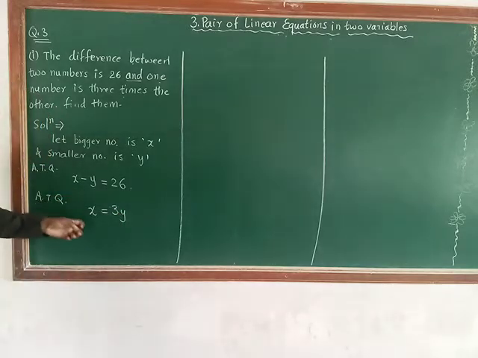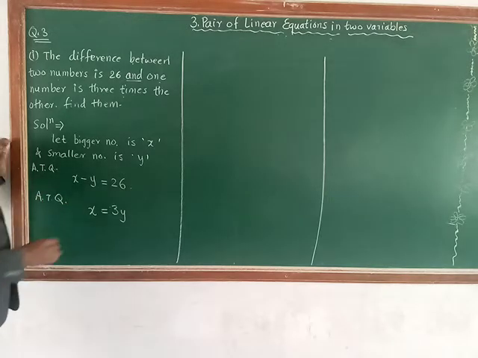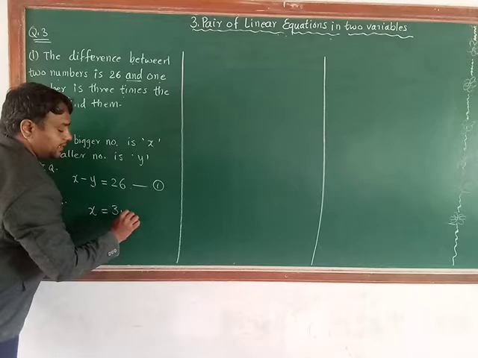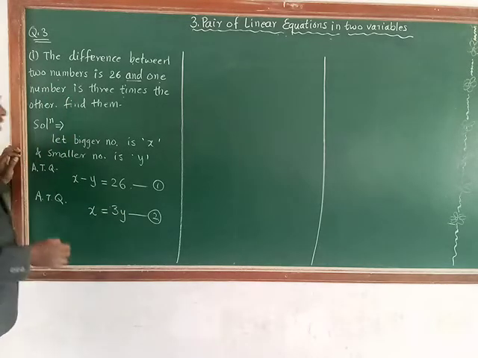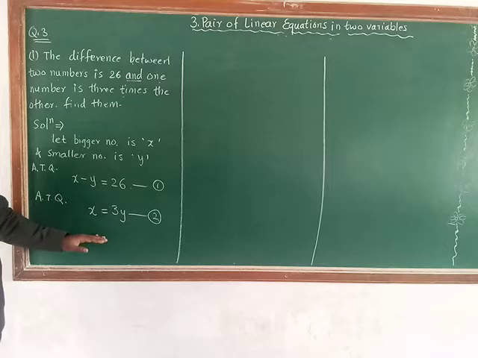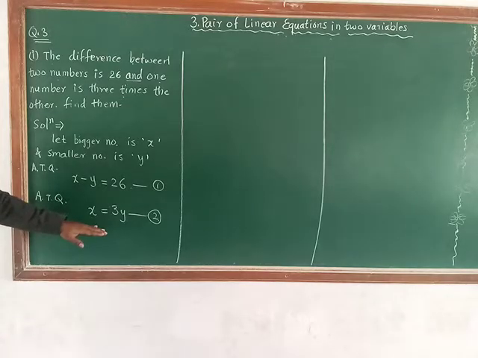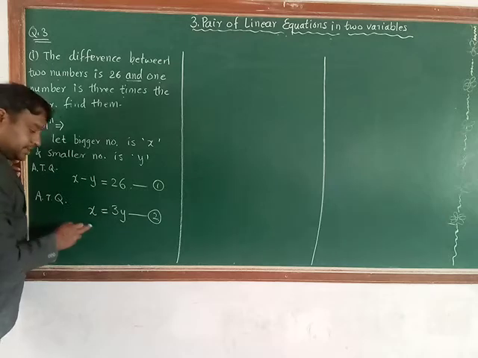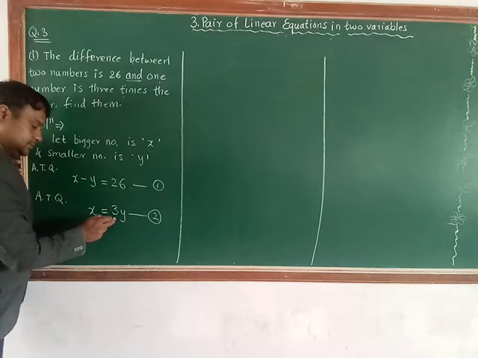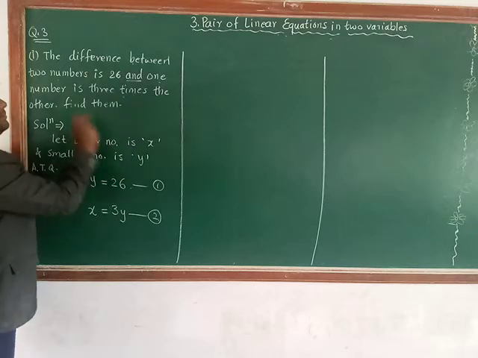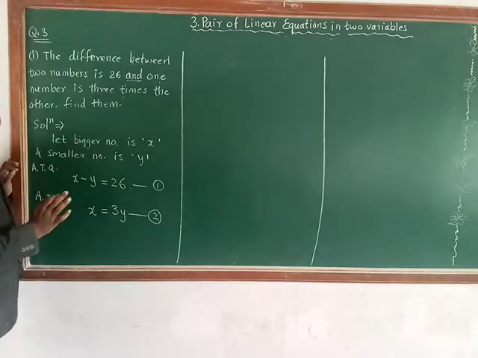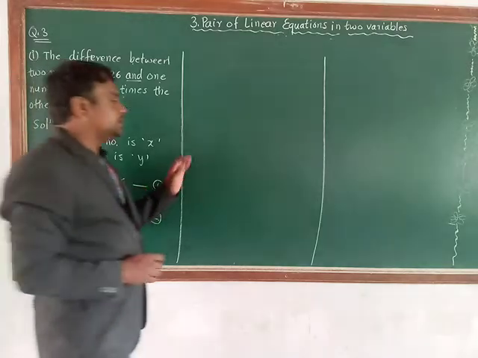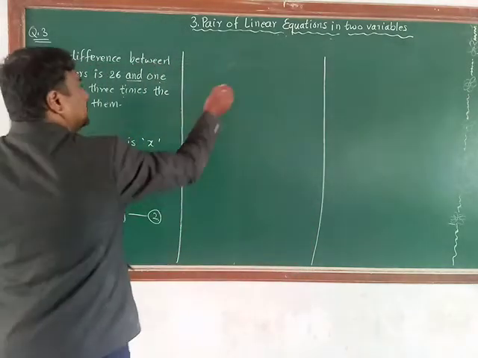So here we got a second condition, we have written it as per the second condition. It is our equation 1 and it is our equation second. If you observe the second equation, we already get the value of x, that we can keep in equation first. So here we got x equal to 3y. That is, the bigger number is 3 times the other number. That means one number is 3 times the other number. So we can solve this with the help of the substitution method.